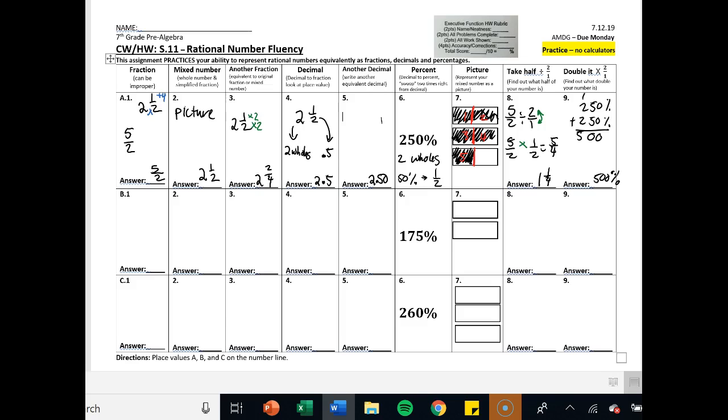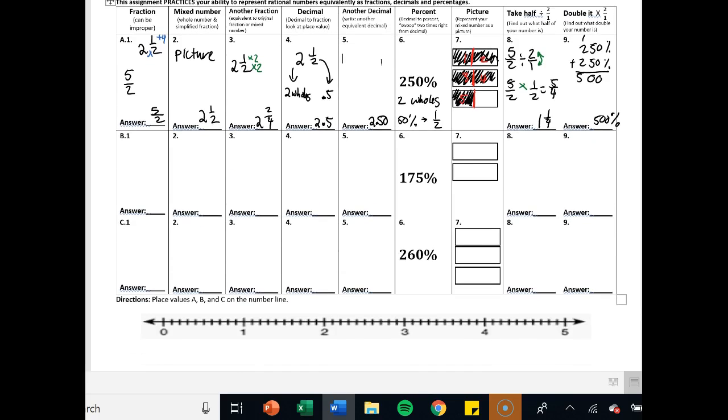All right. Next one, 175%. Let's go a different route this time. Instead of doing a picture, let's start off with a decimal. So if I have 175%, I start at the end of the decimal and I swoop 2 times back to the left. Okay, so that gives me 1.75. Another decimal would then just be